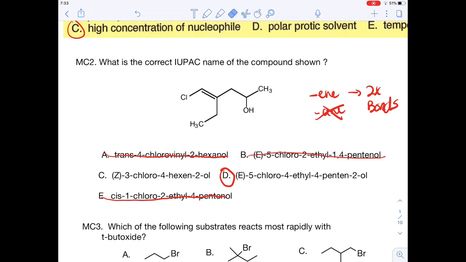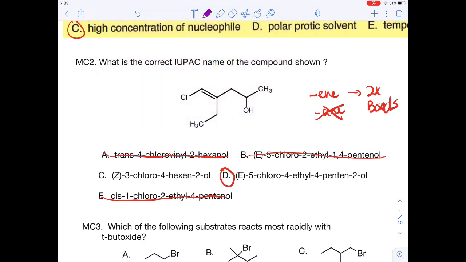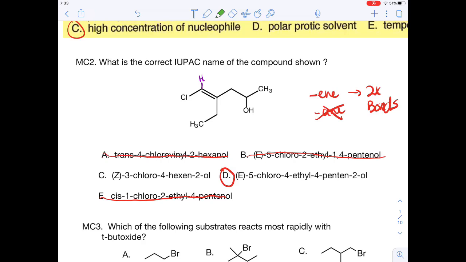So D is going to be the right answer, but just in case you guys were confused, we can go over how you can tell whether this is E or Z. So the way I personally like to do it is I like to draw in the missing hydrogens and then go from there. So on the left side, your higher priority, when I say left side, I mean this side. The left side, your higher priority is going to be your Cl. On your right side, your higher priority is going to be